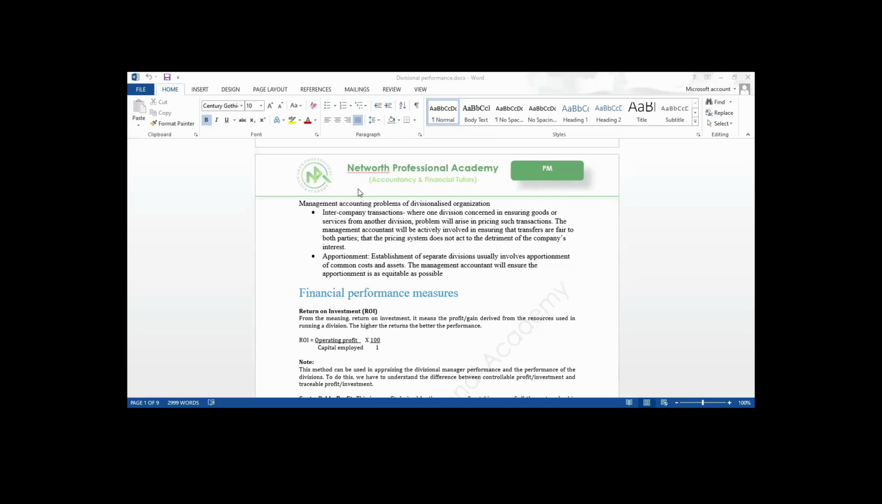Management accounting problems. Where a company is run under a divisional structure, some problems are likely to come up. Where you have intercompany transactions, where Division A renders services to Division B, what is the price we are going to use? Imagine